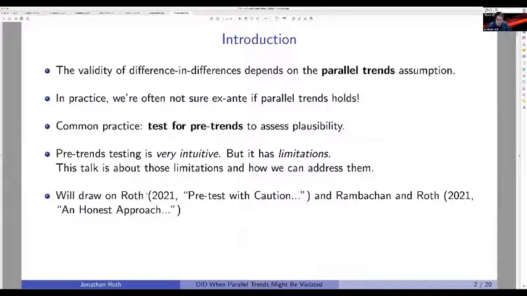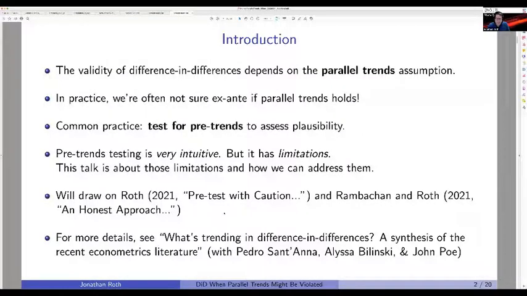So most of my talk today is going to draw on my forthcoming AER: Insights paper, "Pre-test with Caution: Event-Study Estimates After Testing for Parallel Trends," as well as my working paper with Ashesh Rambachan titled "An Honest Approach to Parallel Trends." And in somewhat shameless promotion of my own work, I just wanted to flag that I recently completed this review paper with Pedro Sant'Anna, Alyssa Bilinski, and John Poe, titled "What's Trending in Difference-in-Differences,"